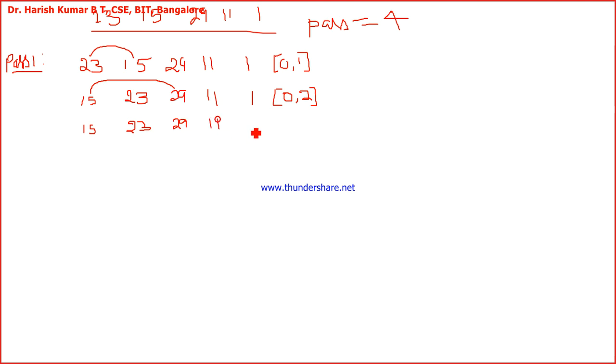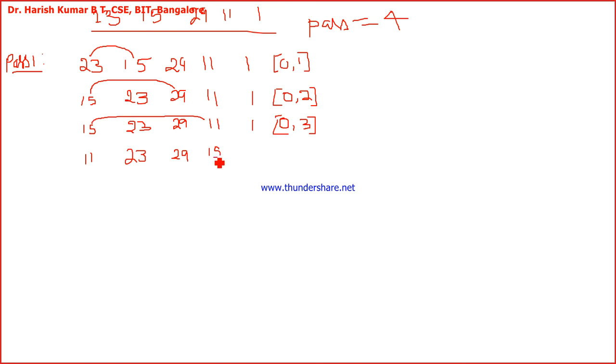11 and then 1. So in the next comparison, we go for comparing the element which is at index 0 and index 3. Now that is 15 and 11. So now 11 is lesser than 15. 11 takes the position of 15 and 15 takes the position of 11. 23, 29,